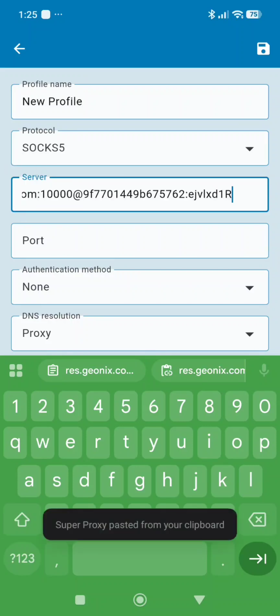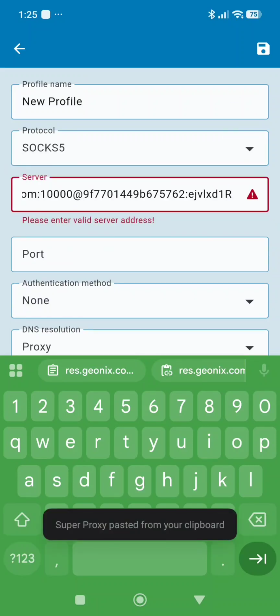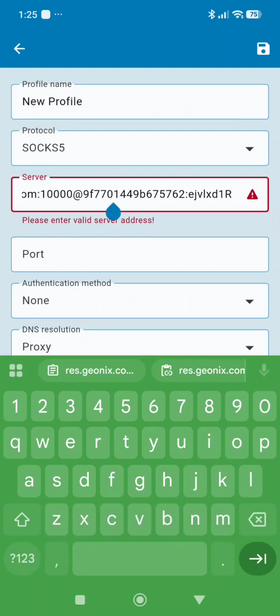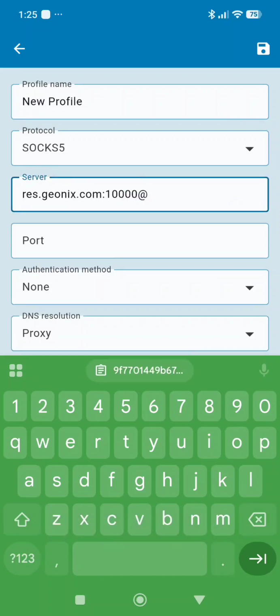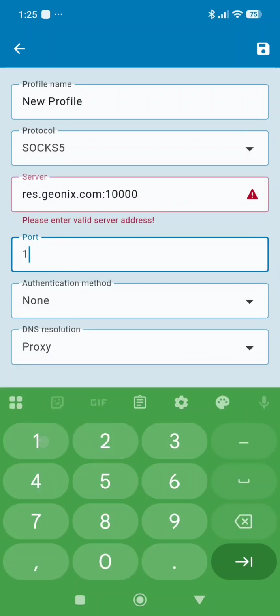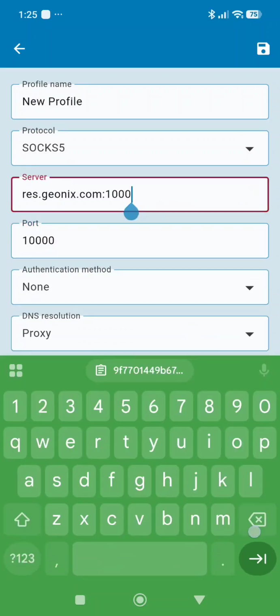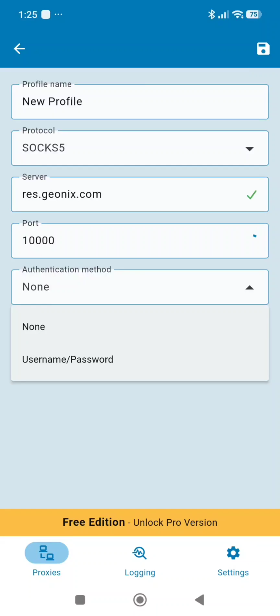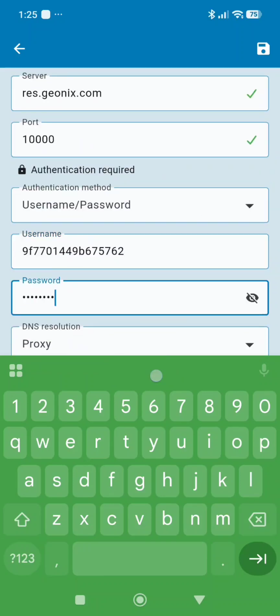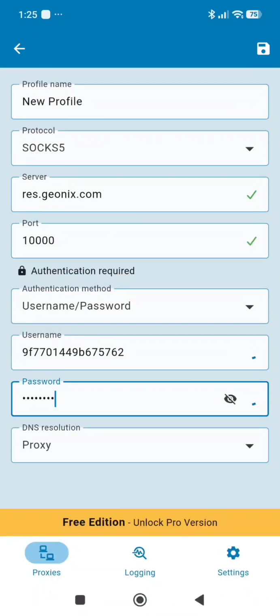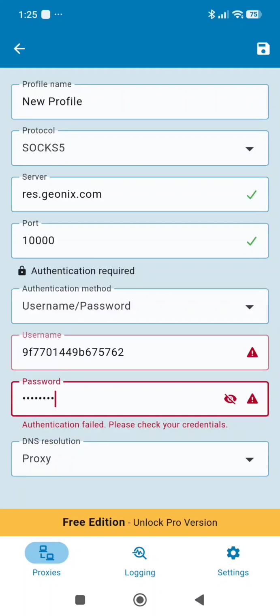Come here. As always, just copy your username and password first. Your username and password. Here you put 10,000. There you go. 10,000 is your port. Come here, add your username and password and paste this. Copy this. So this is how to go about it. Paste it. So as you start again,